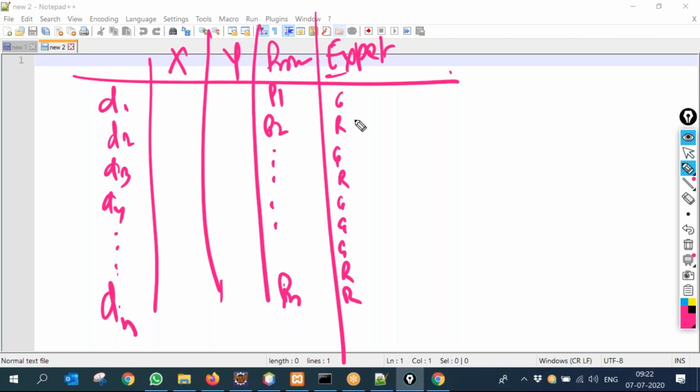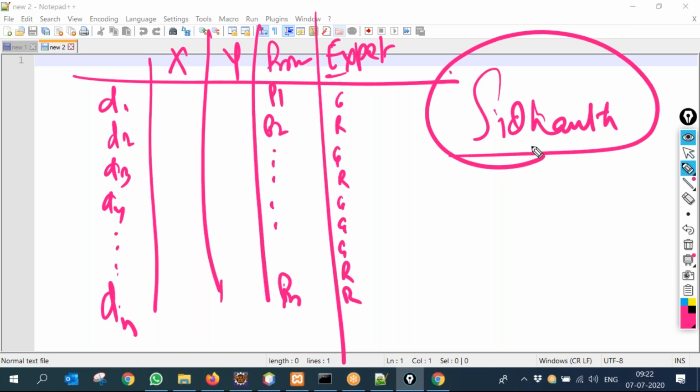A new person comes, say Siddhant, and we want to train him. I give him only Gyan's data. How will he behave? Like Gyan or like Rajesh?